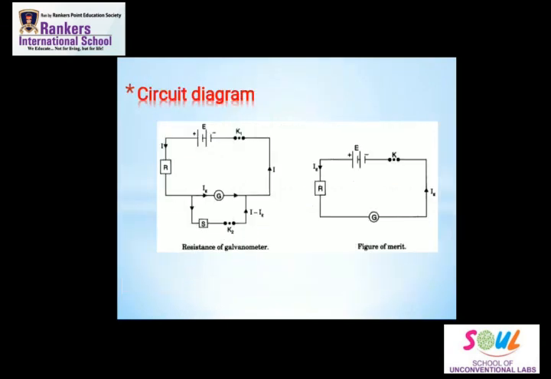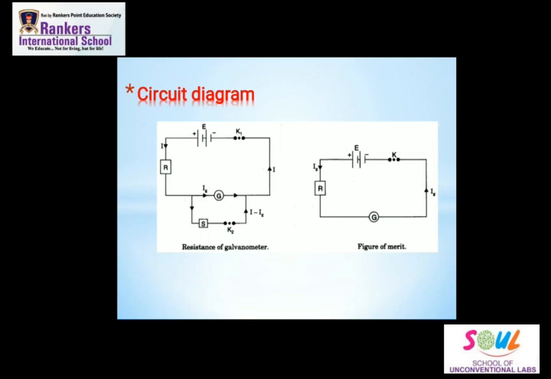With the help of this circuit diagram, we are performing this practical. Here E shows the battery eliminator, R shows the high resistance box, S shows the low resistance box, G shows the galvanometer. High resistance box is connected in series with the galvanometer, whereas the low resistance box is connected in parallel with the galvanometer. Key 1 is connected to the battery eliminator and K2 key is used to apply the low resistance, which is also named as shunt resistance.